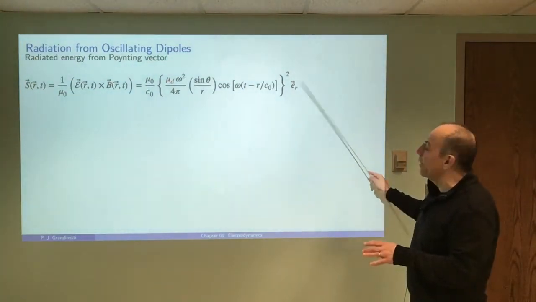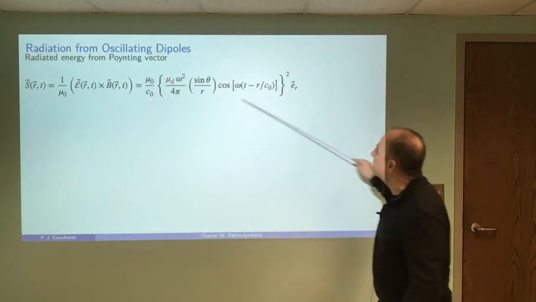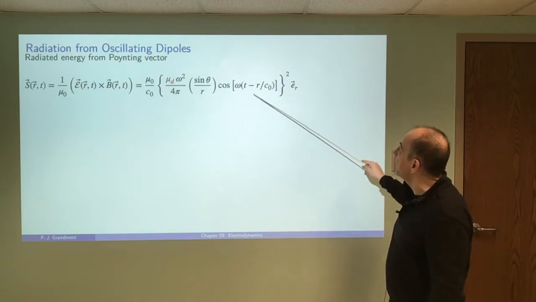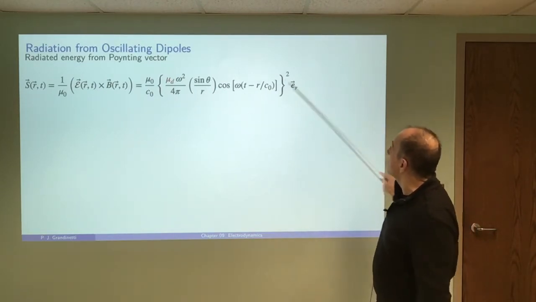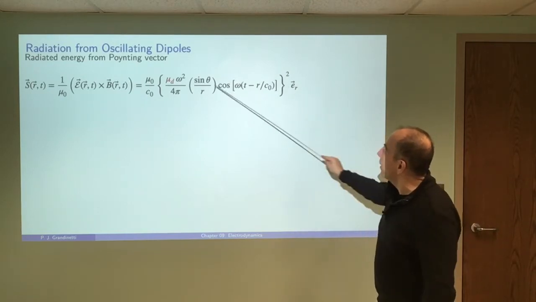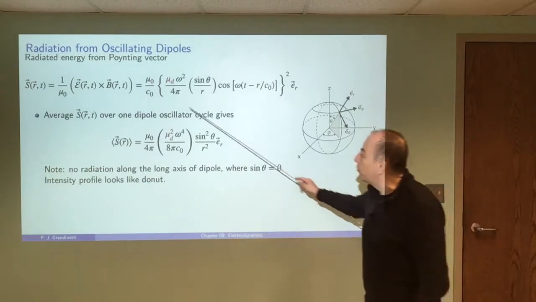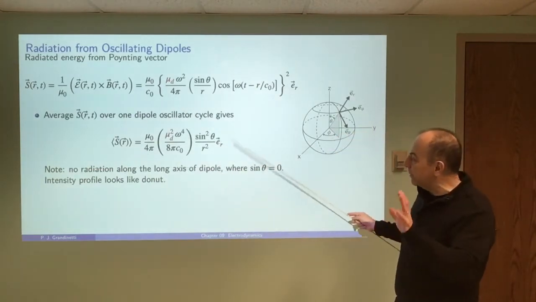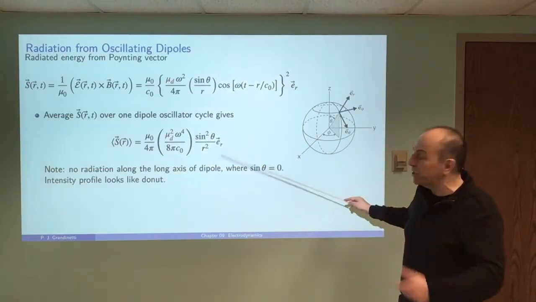Then the energy is flowing out along the r unit vector, and this is the size of that energy. You can see it's oscillating in time, and it has this dependence of 1 over r squared, because the whole thing is squared, and sine squared here. So if we average over one oscillator cycle like we did before, then this whole thing simplifies to this. So this is the average energy,